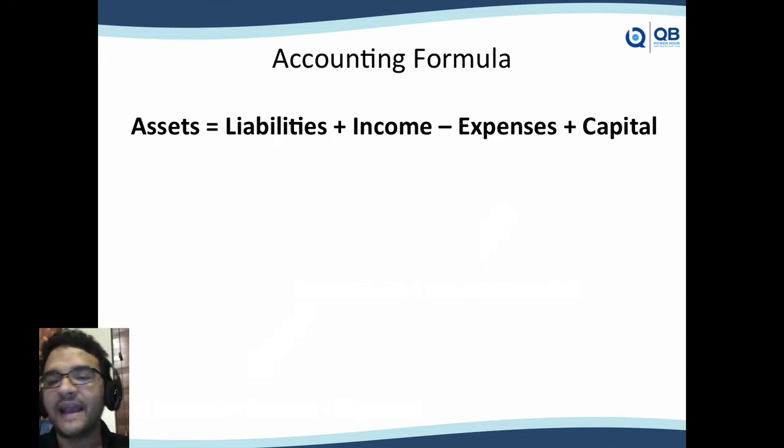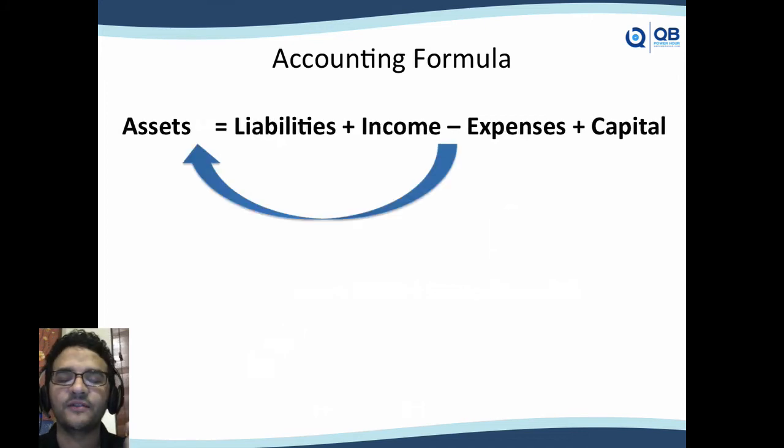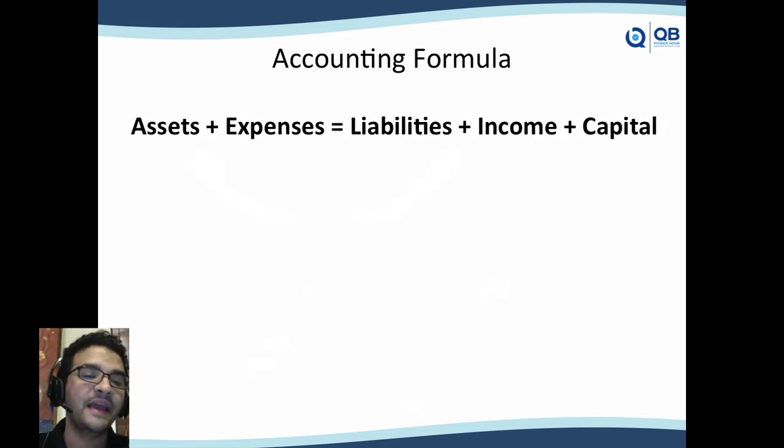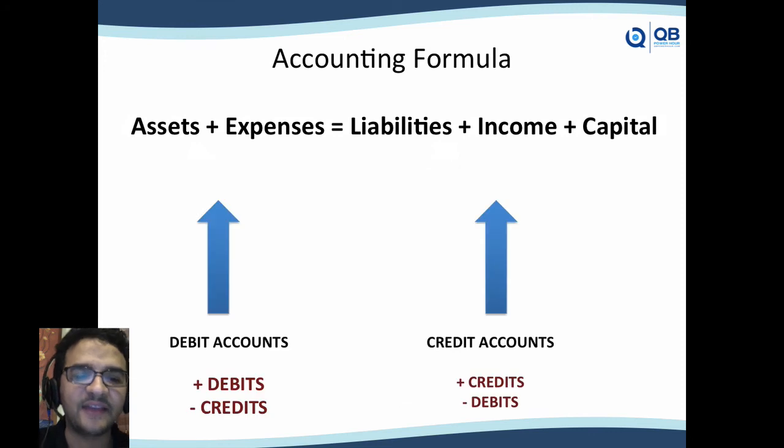So if I move the negative expenses to the left, I'm basically going to turn it into a positive. So it's going to be expenses plus assets. So now it's going to be expenses plus assets equals liability plus income plus capital. So this should just make sense because this is just the way in math, the way you move things across the equal signs. But the reason why I did this exercise is to then tell you the ultimate debit and